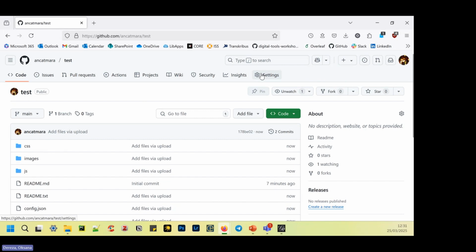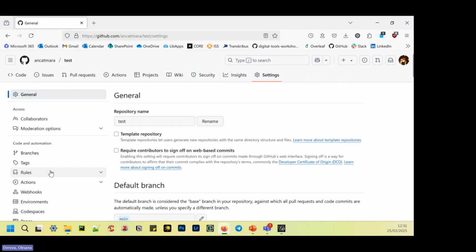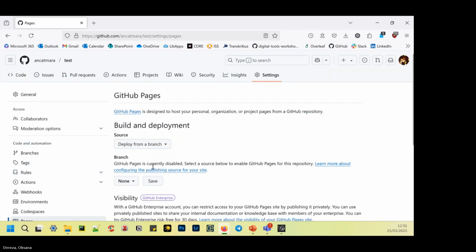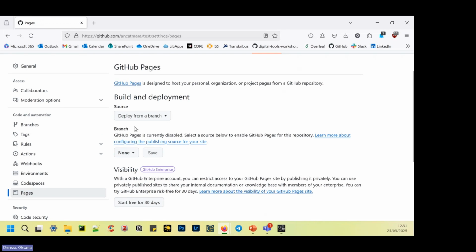Basically, you can create a web page from any GitHub repository. You go to settings and go to pages and see the section branch. GitHub Pages is currently disabled. So you need to enable it and you have to select the branch from which you want to deploy your